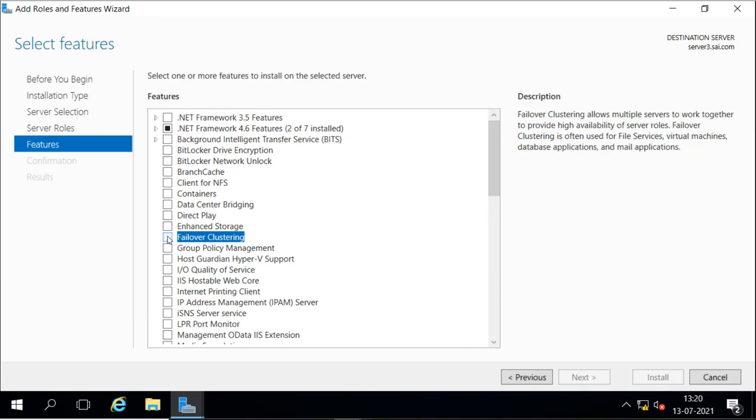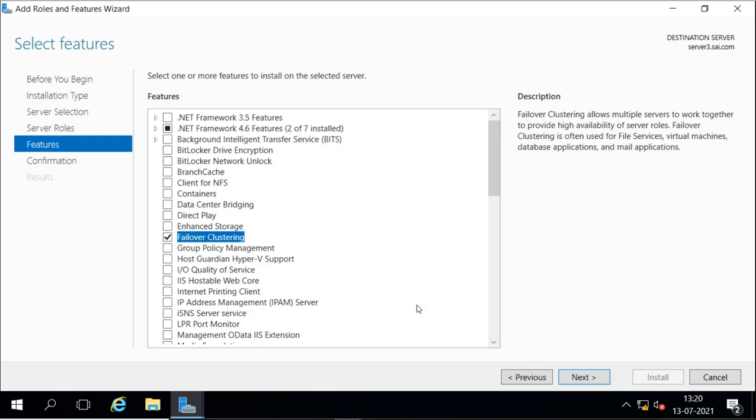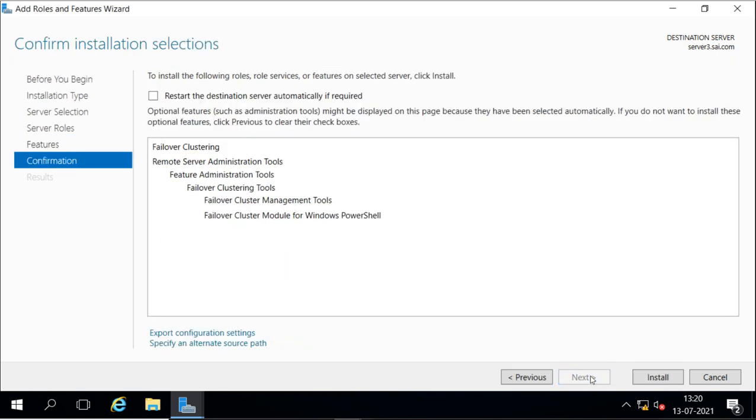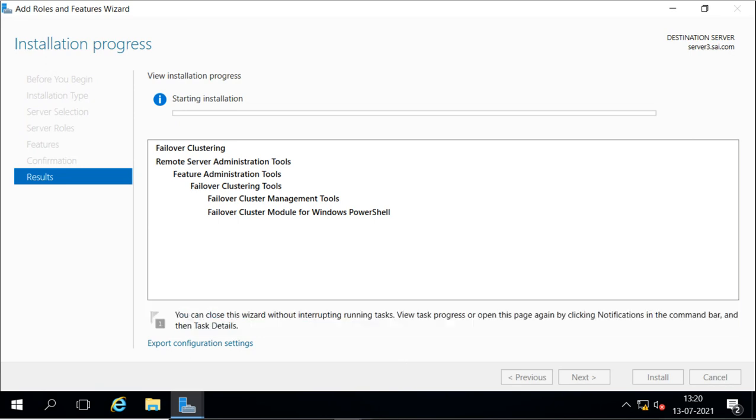So I will select this with the management tool, add, and then I will install it. Restart if required, and then I am going to install it. Now it will install the failover clustering feature into server 3. Same I will do it for server 2 also.